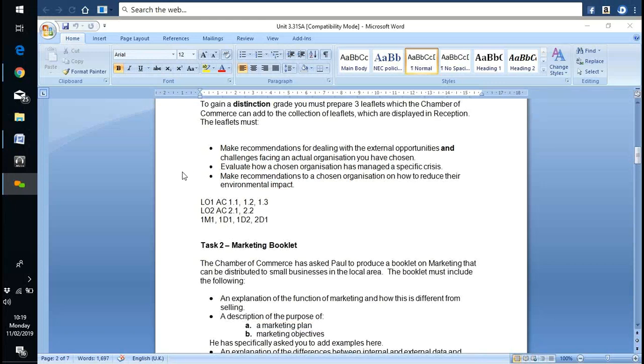To go for a distinction, you prepare 3 leaflets which the chamber is going to be able to use and which are going to be displayed in reception. Make recommendations for dealing with external opportunities and challenges facing a national organisation that you've chosen. Evaluate how your chosen organisation has managed a specific crisis, and make recommendations to a chosen organisation on how to reduce